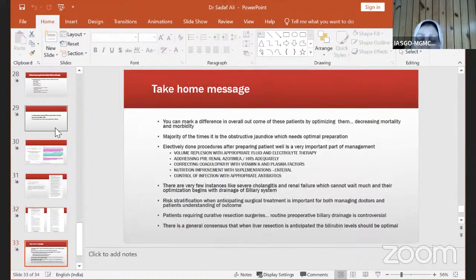So in short, I would end with a take-home message: you can actually make a difference in overall outcome by optimizing this patient, decreasing the mortality and morbidity. Most of the time, it is the obstructive jaundice which needs optimal preparation. Electively done procedures after preparing the patient well is an important part of the management, which could include volume repletion with appropriate fluid and electrolyte therapy, addressing renal dysfunction, pre-renal azotemia, and HRS adequately, correcting the coagulopathy with vitamins,